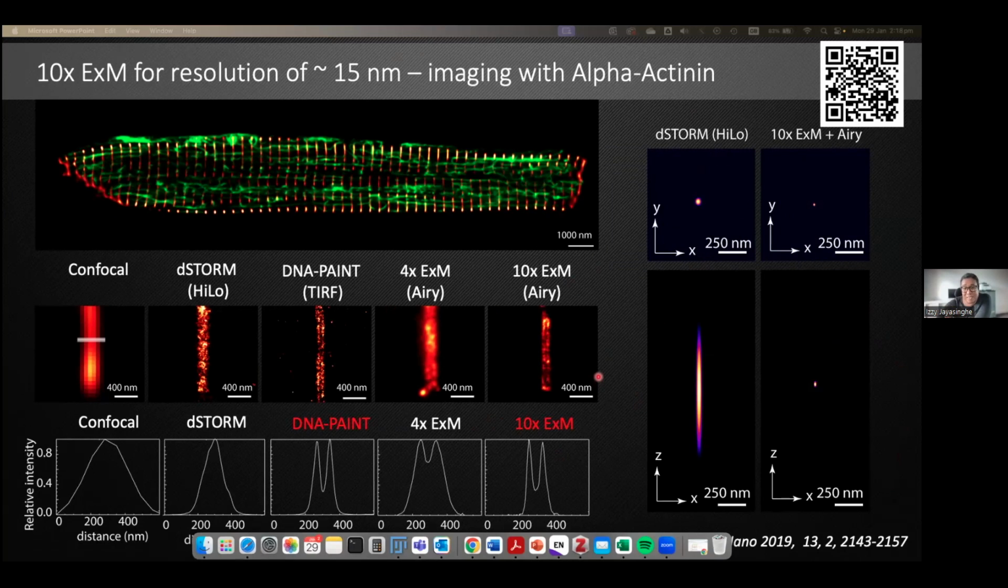And in simulations, what we found was that this was a reason that we could see this level of detail that was previously limited to DNA paint, that other techniques couldn't. And that was a crucial